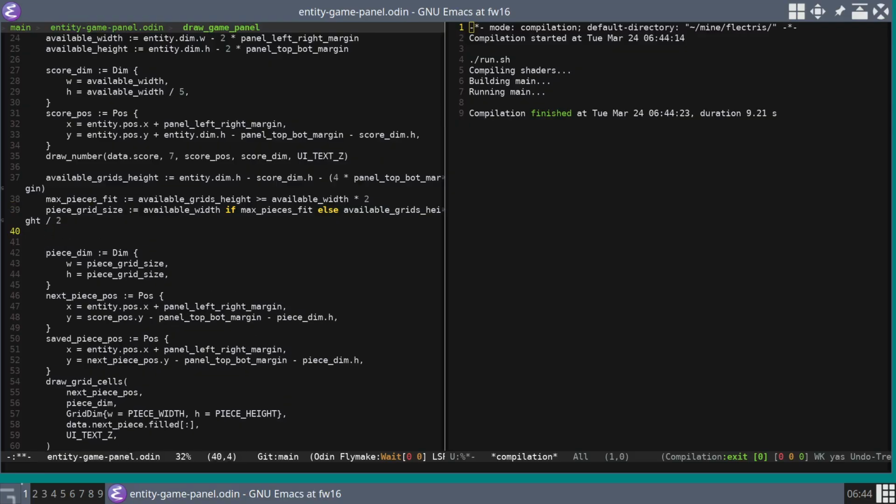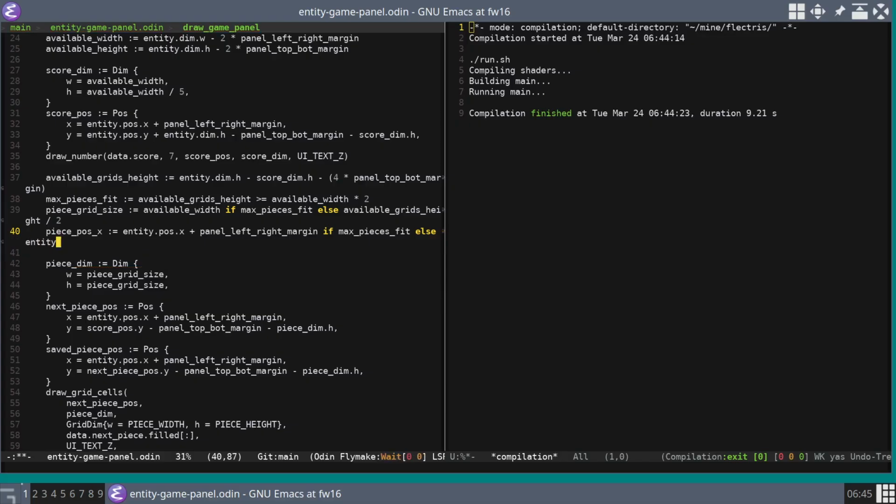Yes, now what do I have to say? I have to say piece pos, piece x, piece pos x is equal to entity dot pos dot x plus a left right margin if the max piece is fit. Else, I want to go to entity dot pos dot x